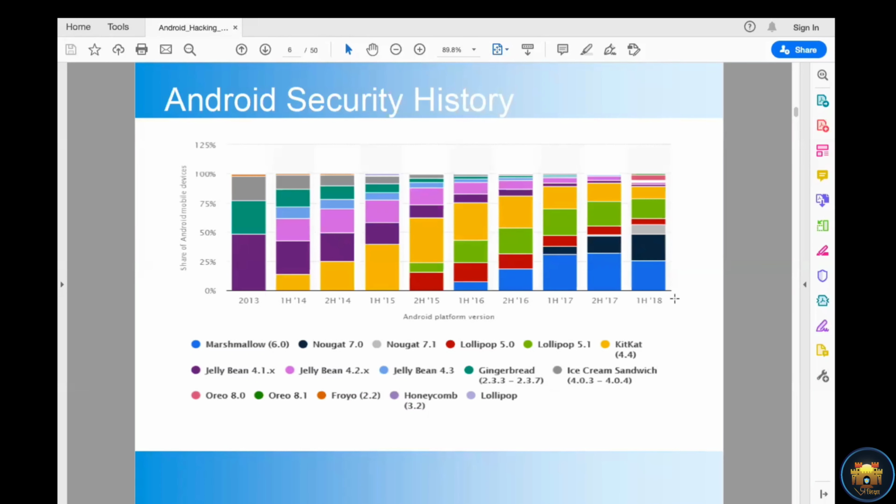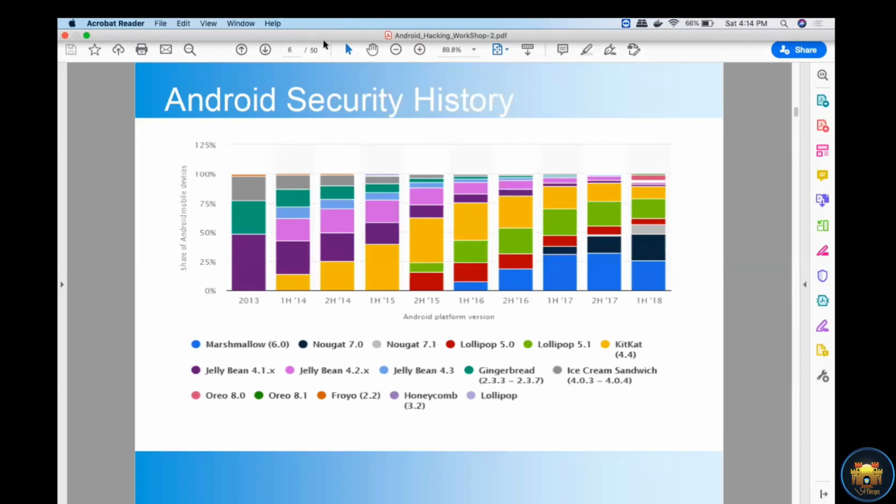And go after that, 2018. Here you can see the Marshmallow operating system, version 6.0, is still running and has a share of up to 25%. So Marshmallow came in 2016, and still 25% of devices have Marshmallow running. It means more vulnerabilities have been there, because it has been running for a long duration, and yet 25% of the population is using Marshmallow.